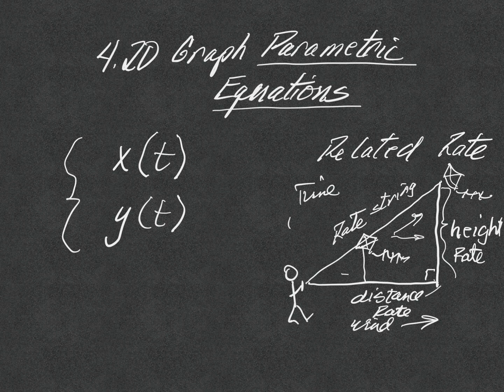So time is called a parameter, all right? And it's sort of the hidden variable. It's the variable that controls everything else. The longer the time, the more string, the further the wind has driven it away, the higher the height of the kite is. And that is